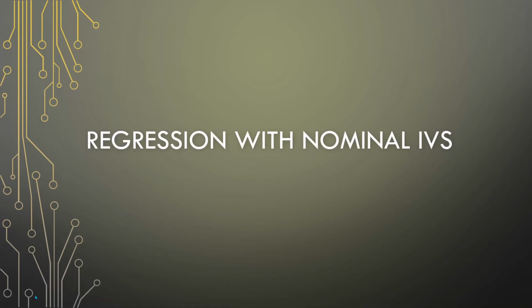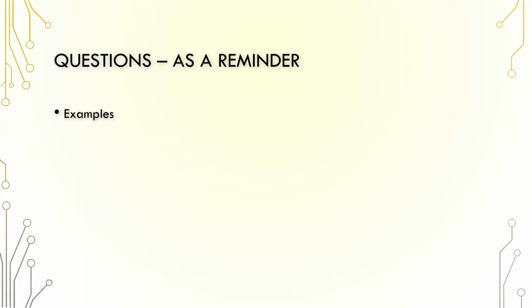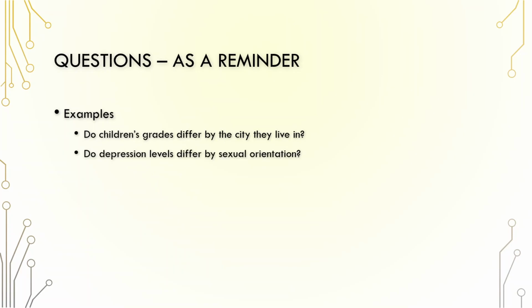Today we're talking about regression models focusing on nominal independent variables. So we've given some example questions in the past few weeks about types of questions we can answer. We've talked about, do children's grades differ by the city they live in? Do depression levels differ by sexual orientation? And in both these example questions, your dependent variable here is something that's continuous or